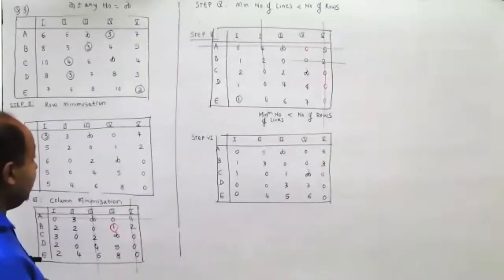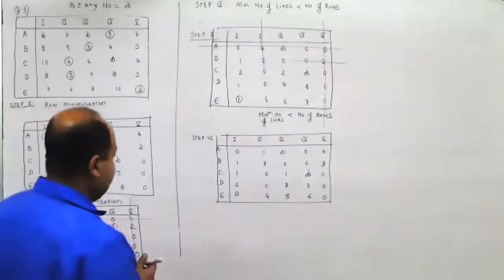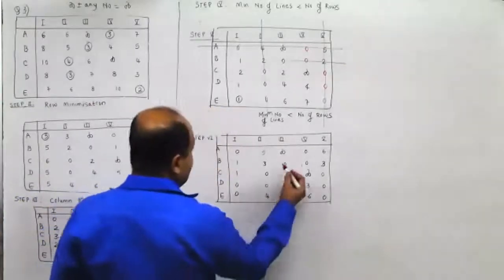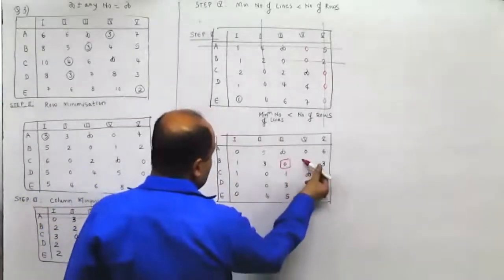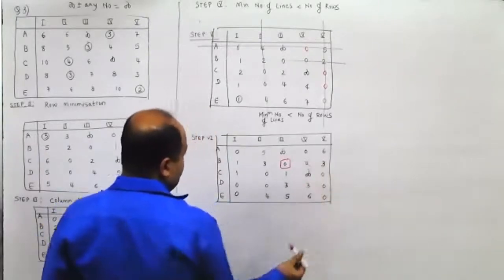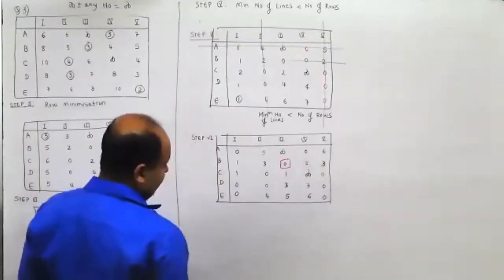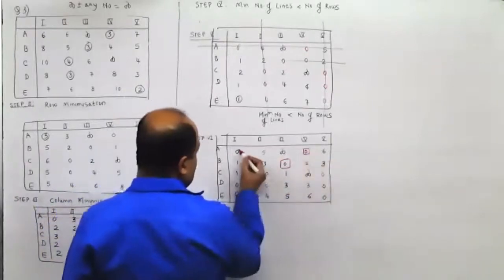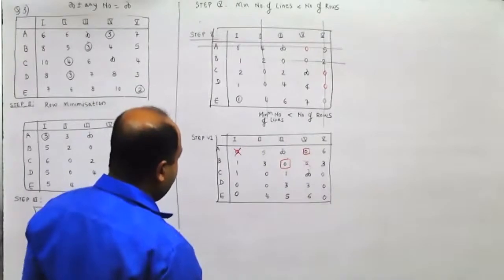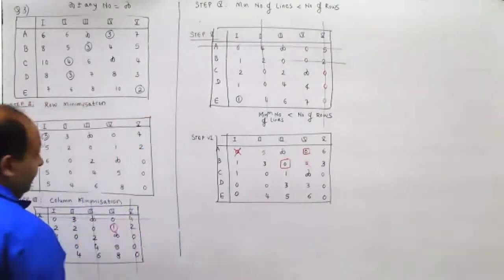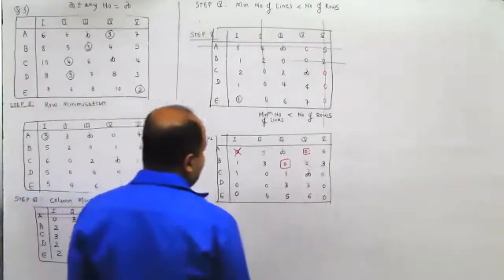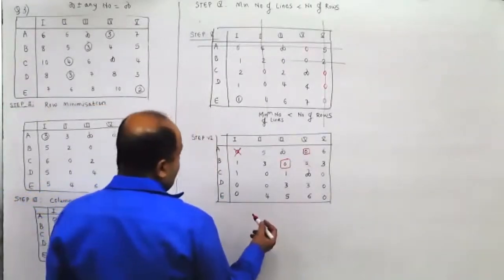Anyway, I'll start allocating it. I'll see if it is possible to allocate it any row or column. Yeah, this one is. So cancel this. Then any other row or column. Yeah, this one is 1, 0. So cancel this. Now you have 2 zeros in each column. So you can select randomly.